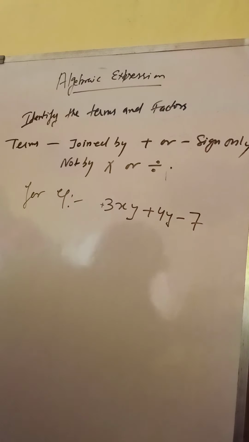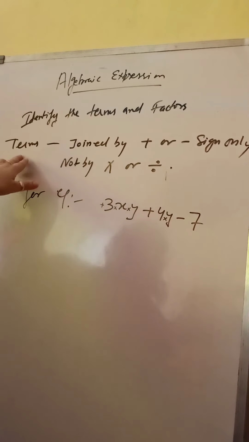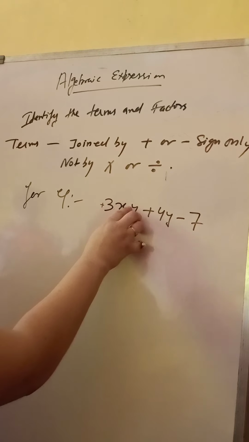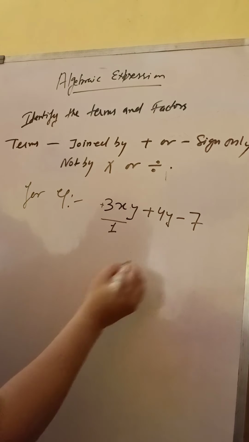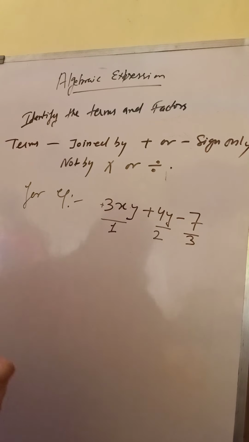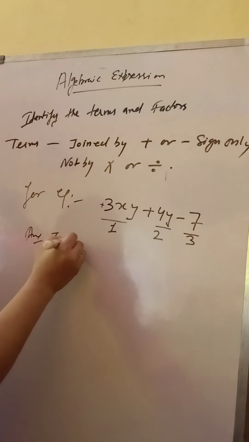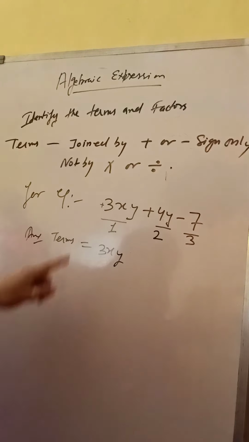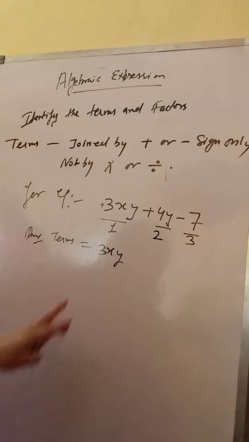You can also see we have the sign of multiplication. But as I have written here, in multiplication or division we are not considering any term, so we are ignoring these multiplication signs for the identification of terms. Now you can count: that is one term, that is the second term, and that is the third term. Now how to write the terms in your answer? You have to write: the terms are 3xy, because we don't use a plus sign in front of the number itself, it is already a positive number. So that is the first term, 3xy.